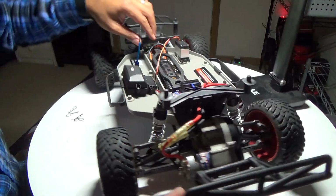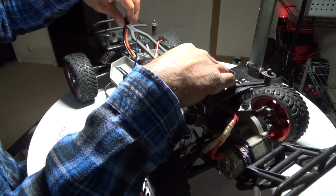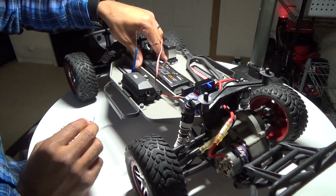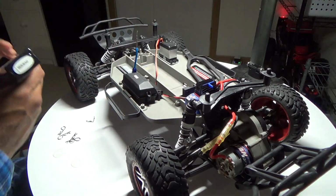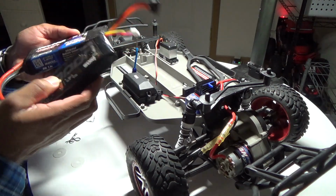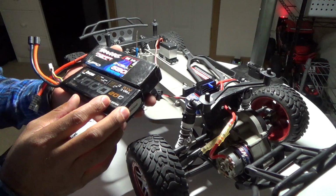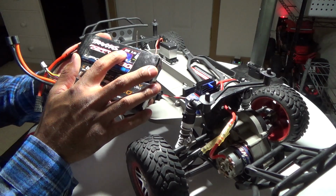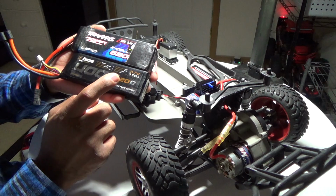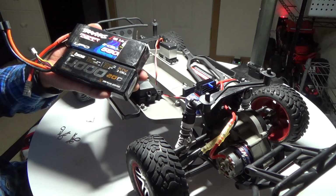And then, so as far as batteries and speed, while we're sitting here with everything in front of me and open in comparison, this one's got a higher C rating, 25C. This is only 20. And then